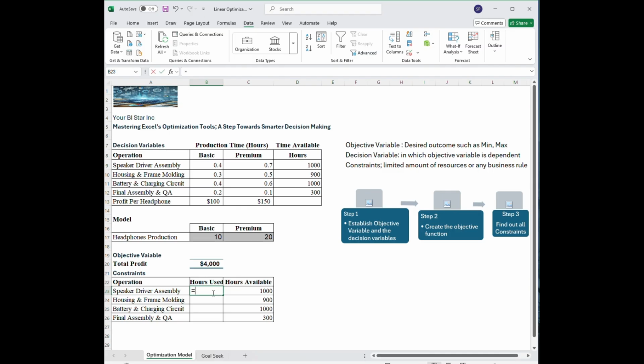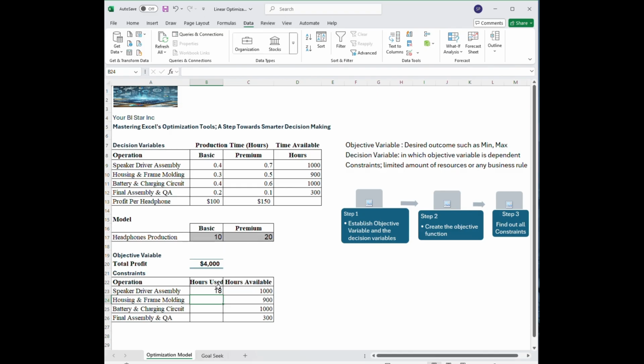For example, here for 10 units, let's do the absolute reference here since this will not change, and multiply. We need to spend 0.4 hours per basic, right? And for the premium for 20 units or whatever units here, let's do the absolute, multiply 0.7 hours. So to produce these 10 and 20 units,